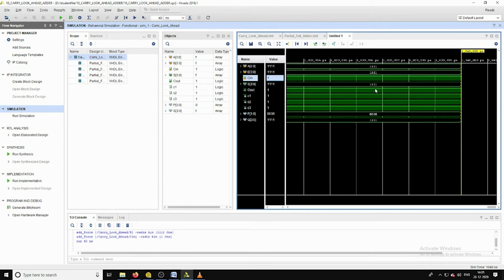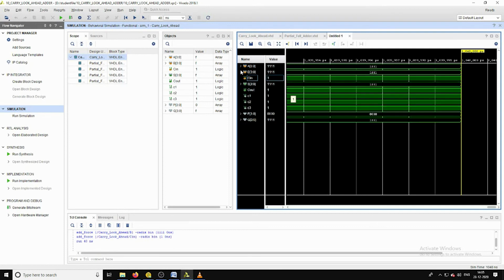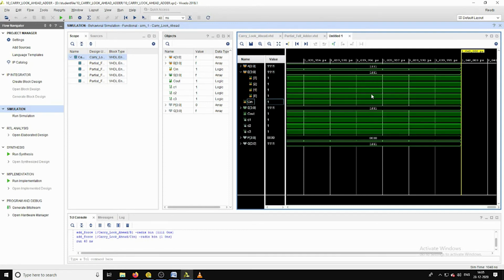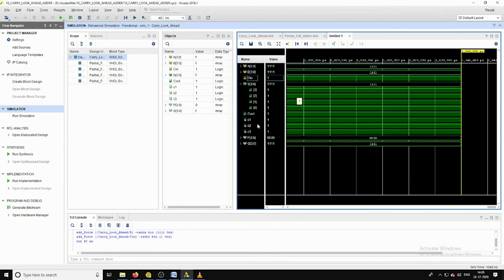And see here, I am assigning the A as all 4 ones, nothing but all the signals are ones, while coming into the B the same 4 ones I have assigned here, and even the primary carry input I am assigning as 1. And if we observe the actual output that we are going to generate, when you add initially for the A0 and B0, it is 1 1, and for that first case we are going to add this carry input.